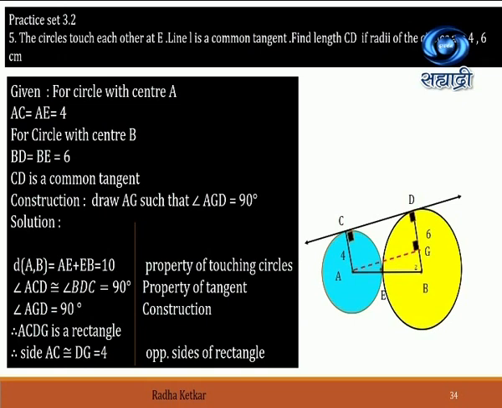And in the second circle you can say BD is 6 and also BE is 6 because that is also the radius of that bigger circle. Now you can see AC is marked as 4, BD is marked as 6. Okay, and according to our construction we are drawing AG which is perpendicular to BD. This is a very important part of this problem. So what is important here is that you construct a segment AG which is perpendicular to BD, right?